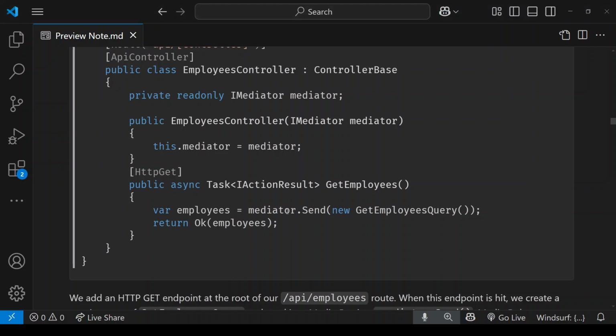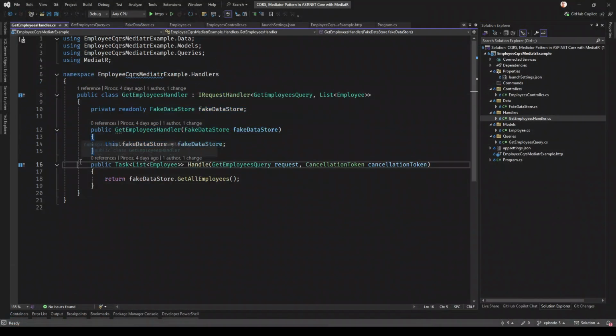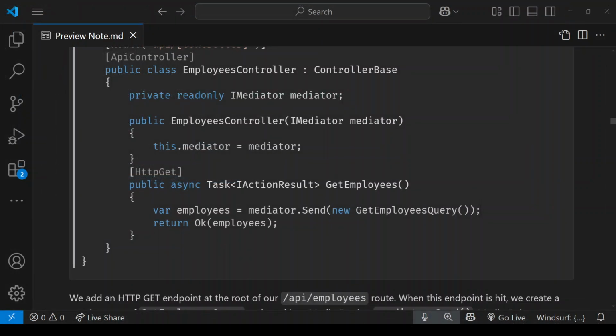So the mediator is going to handle the communication between the query and its handler, and run the code inside of this handle method. Where did it go? Here. And it is going to return this list of employees, and then inside of your controller you can capture that inside of this employees variable, and finally you're going to use it here. This is the flow. I know maybe I've explained this in so much detail, but I want you to understand